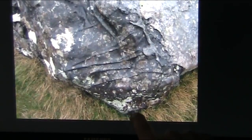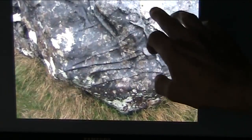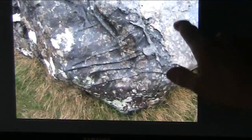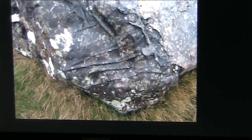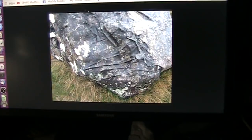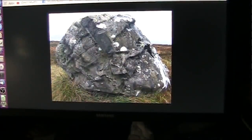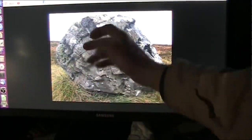But I do see some blood colors here and there. And anytime you see lichen and moss in spots, I'm telling you, that's where blood was. You see these? They don't just make spots here and there accidentally. Those were little tiny blood vessel spots. I see this every single time. I see it all the time. I mean, trust me, I see this stuff more than anybody in the entire world has ever seen this stuff. I get scads of this every day. Now, look at this. I don't know if that's a head. I don't know what it is. But I know it's something that has this structure in it. It almost looks...